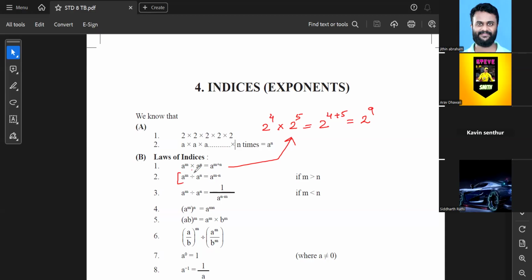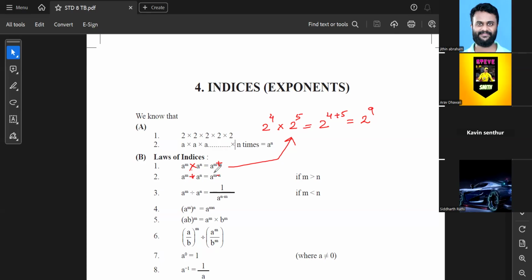Now there is the second law. The first law: for the product of any two indices with the same base, we have to add. Whenever you see a product, you simply have to add over here. Now, in the second case, a raised to m divided by a raised to n. When you see division, you have to use subtraction over here. It's the same process. A raised to m divided by a raised to n can be written as a, written once,